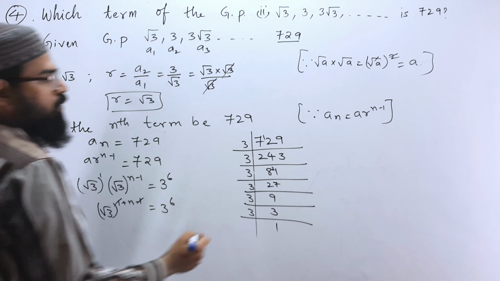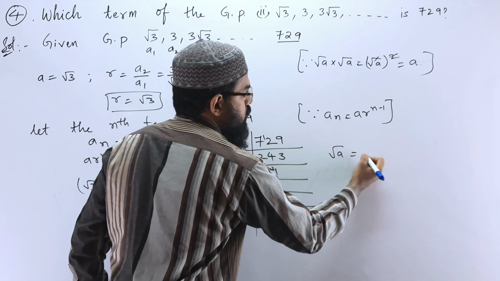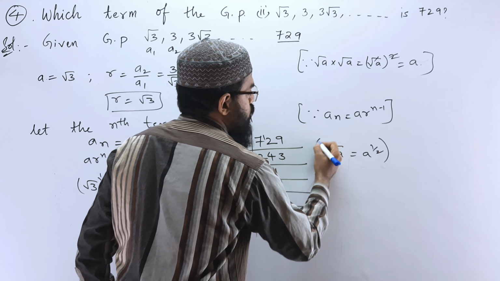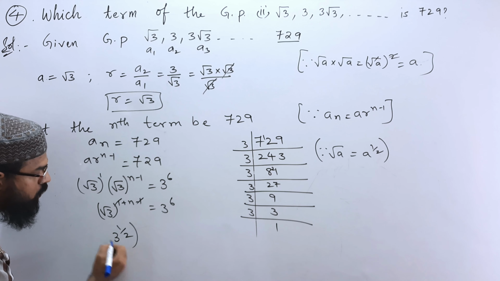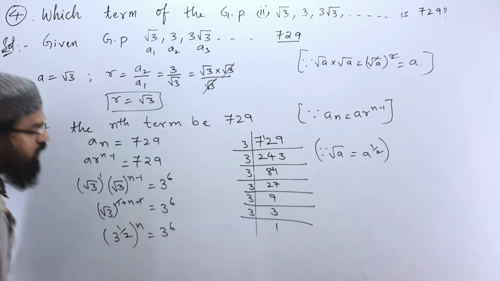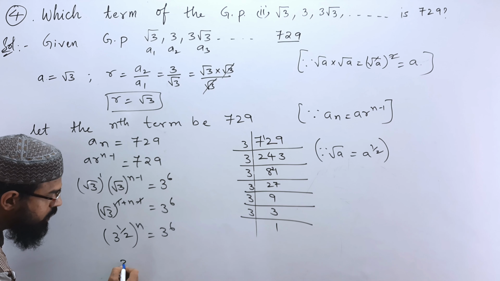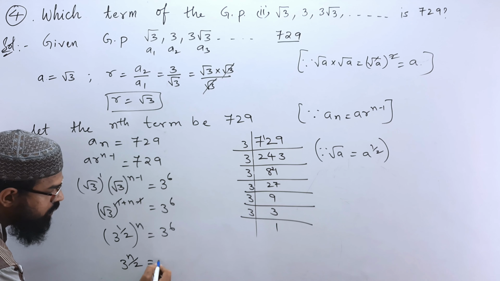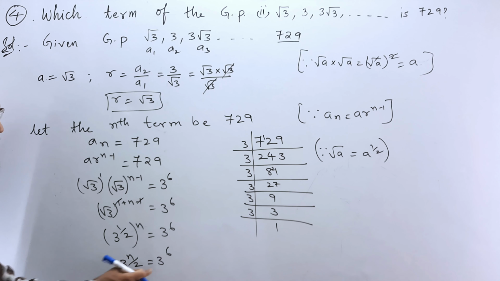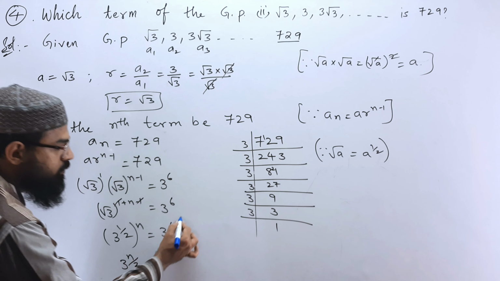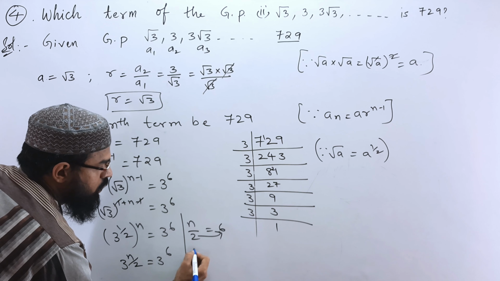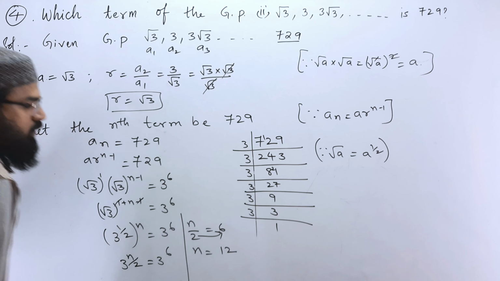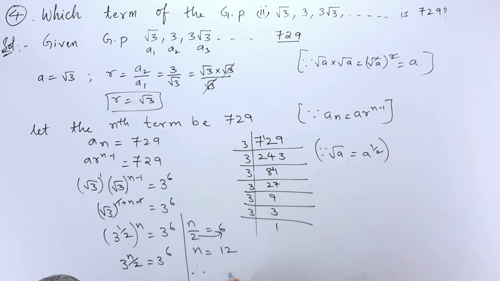For this, root can be written as root a is equal to a to the power of 1 by 2. So 3 to the power of 1 by 2 whole to the power of n is equal to 3 to the power of 6. n 1s are n. So 3 to the power of n by 2 is equal to 3 to the power of 6. When the bases are equal, power should be equated. So n by 2 is equal to 6. 2 6s are 12. So n is equal to 12. So therefore we can write, therefore 12th term is